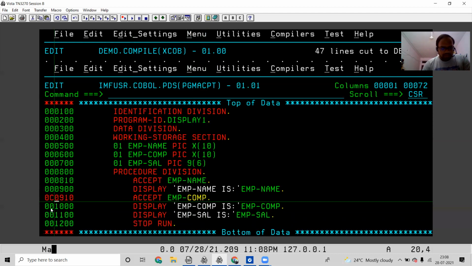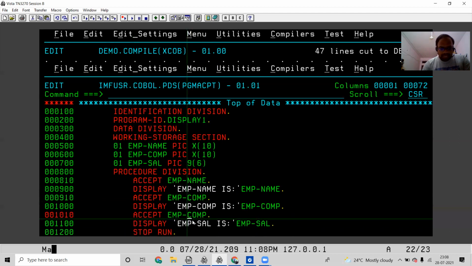Again, accept employee salary. So as I'm not giving the values here, first I'm accepting the value and I'm displaying that value. I'm accepting the company and displaying that company, and accepting the salary and displaying that salary, and then I'm stop running. So remember 10 plus 10 plus 6.